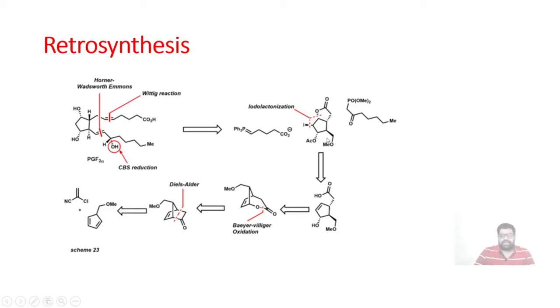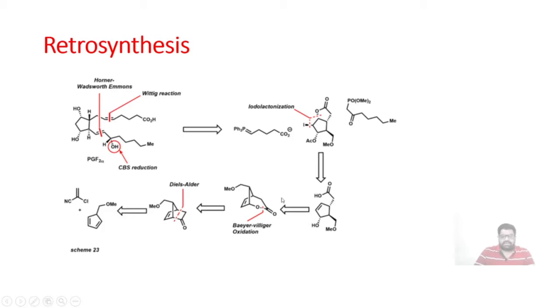After that, we get this type of ring from the iodolactonization of this compound. Iodolactonization of this compound will give us this one. And friends, this typical ring we simply get from the hydrolysis of this type of bicyclic system. As you can see here, if we hydrolyze this ester, we get COOH and OH over here. So this is how the stereochemistry is also set up for this reaction.